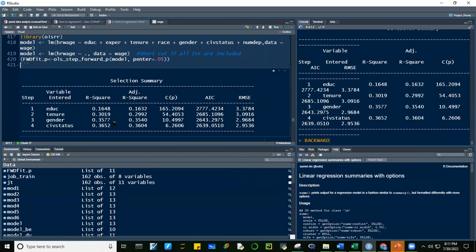Okay, adjusted R-squared is going up. R-squared pala to, ito yung adjusted R-squared. And then Akaike also went down. RMSE also went down. And finally, ito na dinagdag niya, civil status. Okay, tumaas si adjusted R-squared. And then si Akaike, bumaba. RMSE, bumaba. So this is the summary of your forward